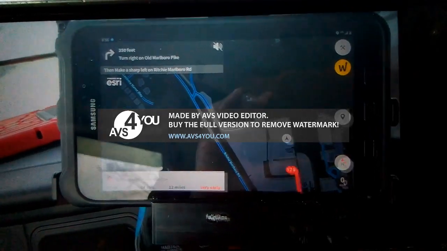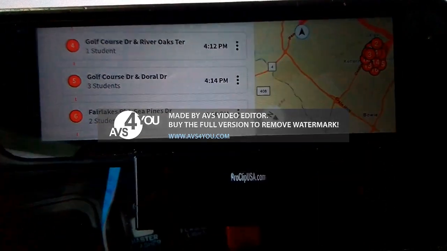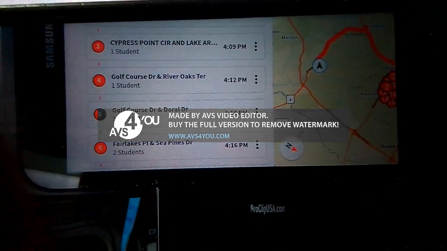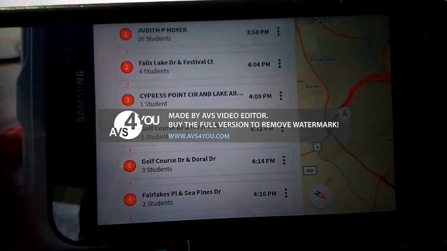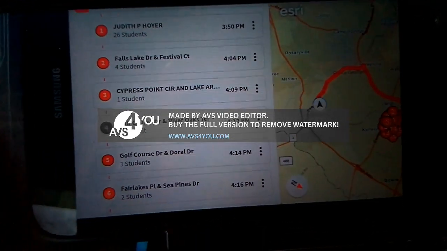And what else? Okay. Now, say you do not run this route the way it is laid